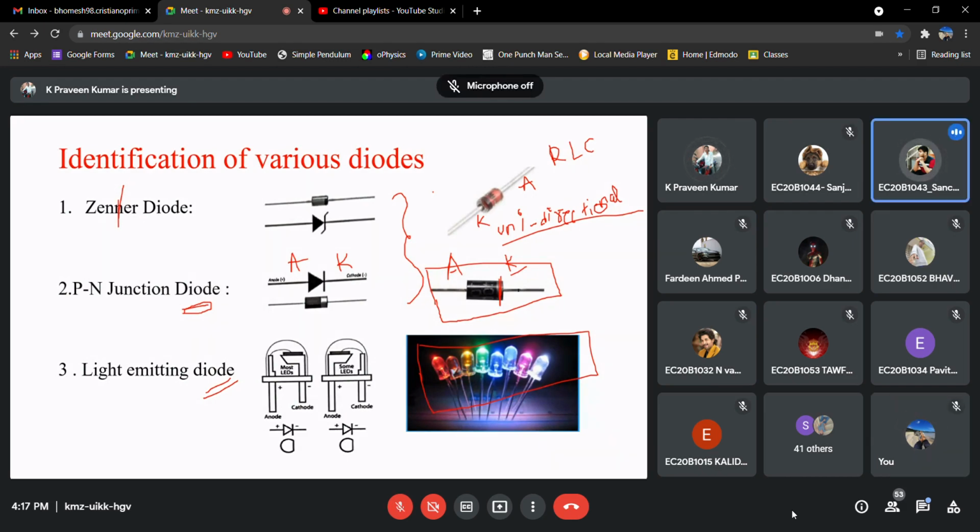Sir, in a PN junction diode, the current flows in the forward direction, but in a Zener diode, the current is allowed to flow in both directions, forward and reverse. Yes, that's true. Both diodes will operate in forward bias as it is. There is not much difference. You can't observe much difference between the Zener and PN junction diode if we are operating in forward.